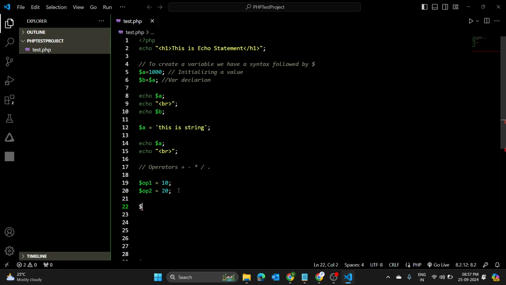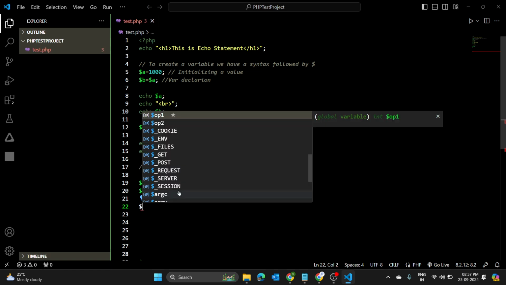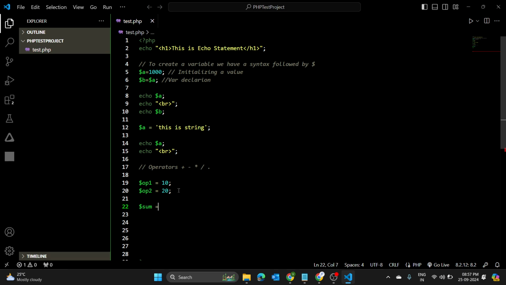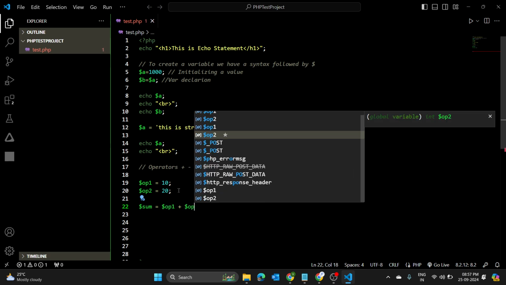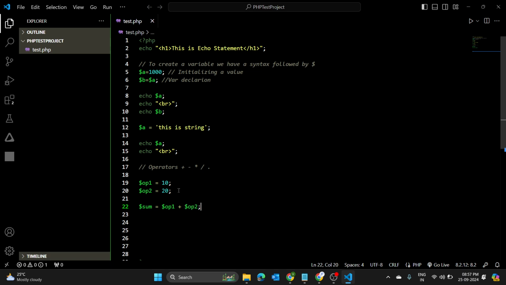How can I do it? I'll create one more new variable, $sum equal to $op1 plus $op2. Now we have done the addition using the plus operator. If I want to print the result, how can we do it? Using echo, the sum total is